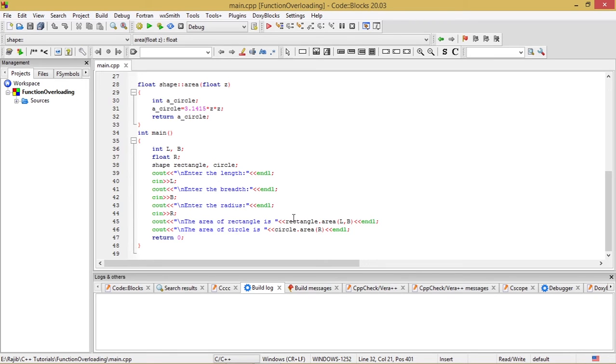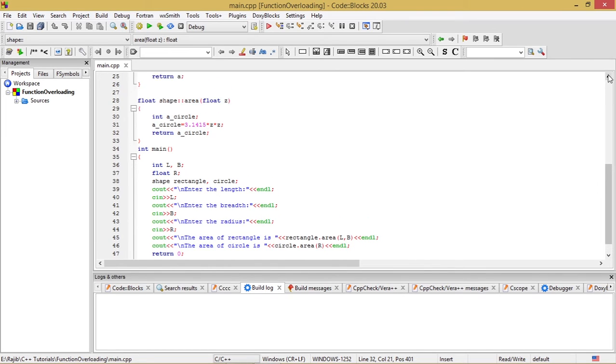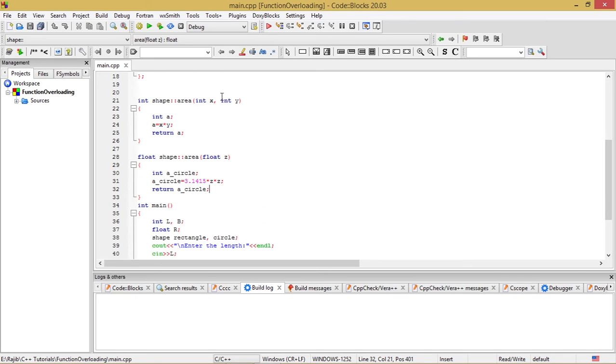Rectangle.area with l comma b as actual arguments will definitely call the area function used for the calculation of the area of a rectangle, because the signature of that function call matches with the signature of this function definition, as there are two actual arguments and here there are two formal arguments.